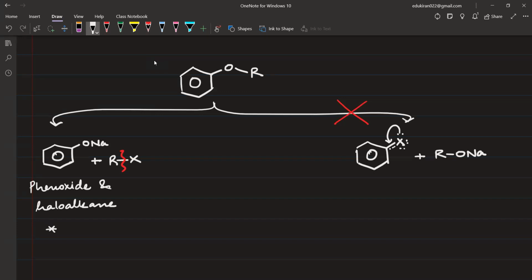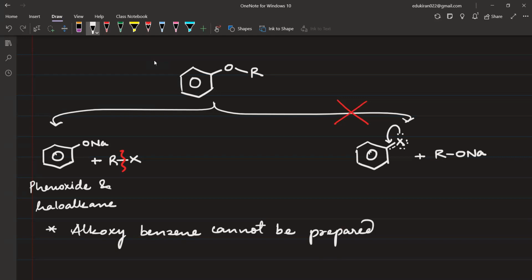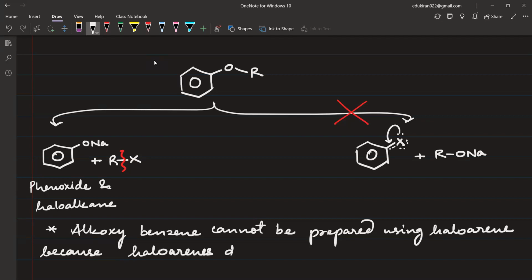Okay, so please write: alkoxybenzene cannot be prepared using haloarene because haloarenes don't show SN, okay? Until this bond